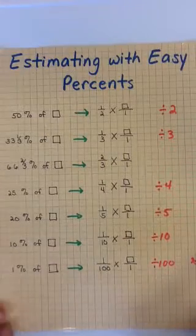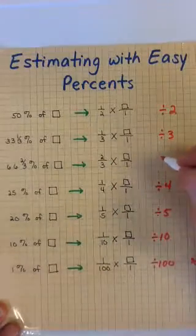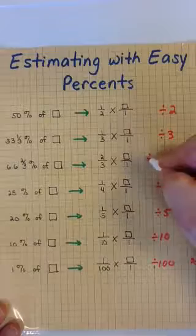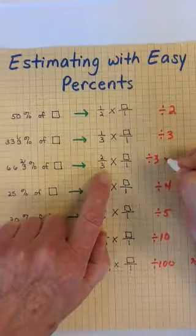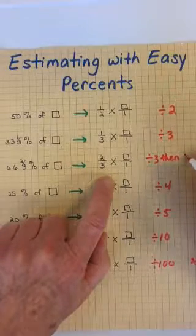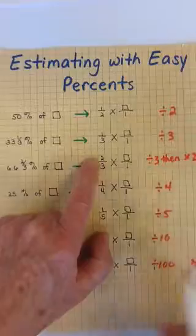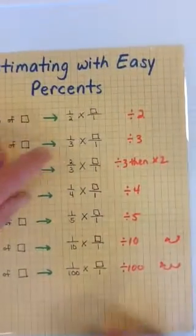Okay, so, back to multiplying by 2/3. That would be the same thing as dividing by 3, because that 3 is in the denominator, and then multiplying by 2, because that 2 is in the numerator. All right, so